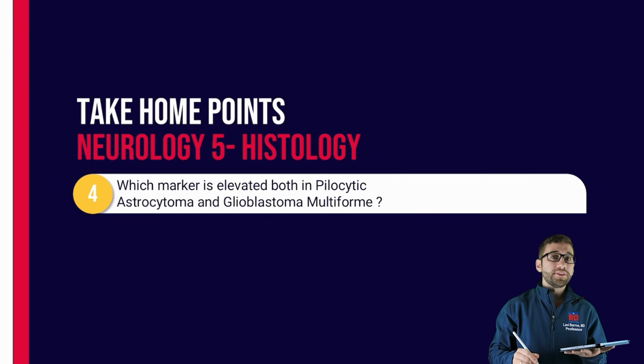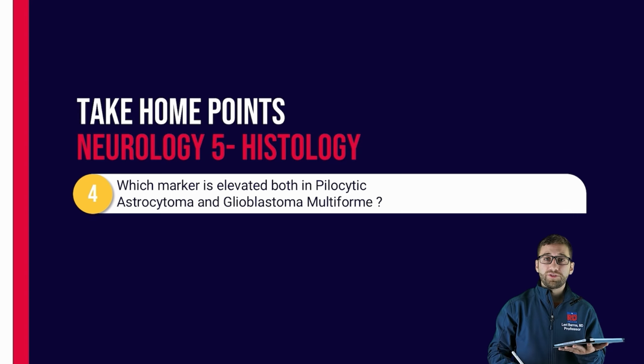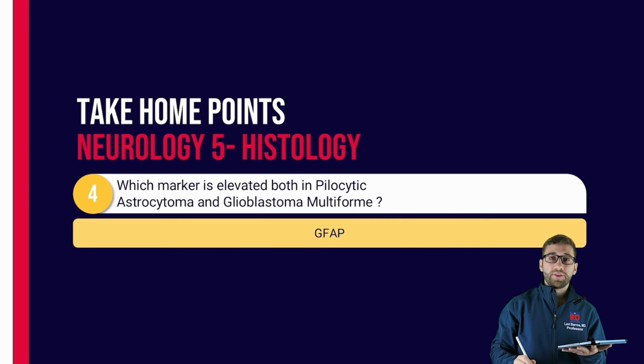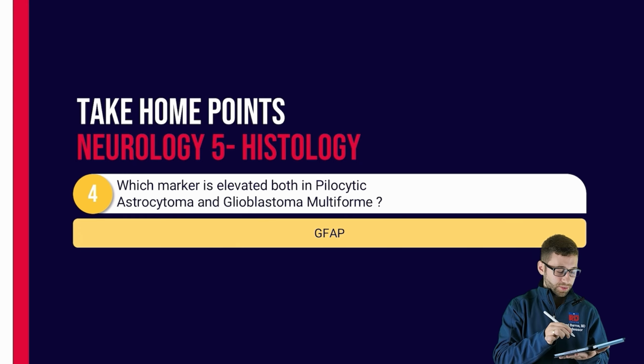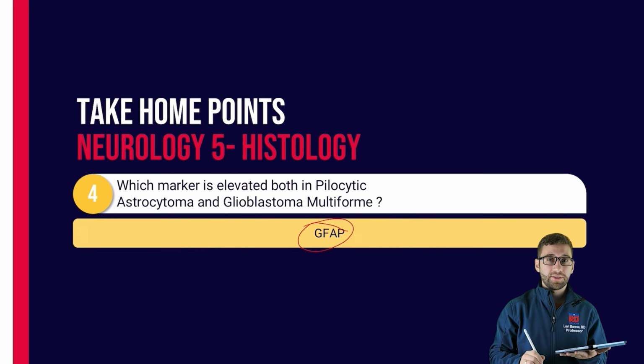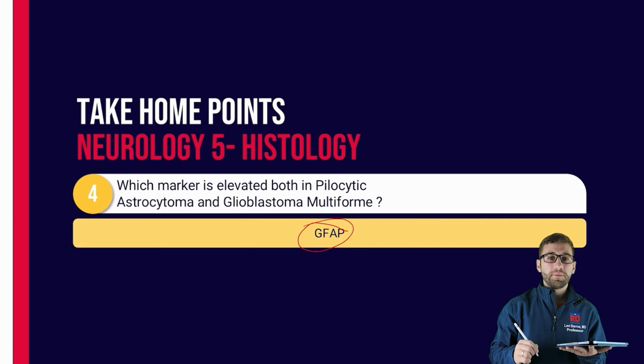Well, both pilocytic astrocytoma and glioblastoma multiforme are brain tumors derived from astrocytes and are positive for glial fibrillary acidic protein, also known as GFAP, a marker for glial cells, especially astrocytes. Pilocytic astrocytomas are benign, slow-growing tumors typically found in children. They are often located in the cerebellum and can appear cystic on imaging. Histologically, they contain Rosenthal fibers, which are eosinophilic